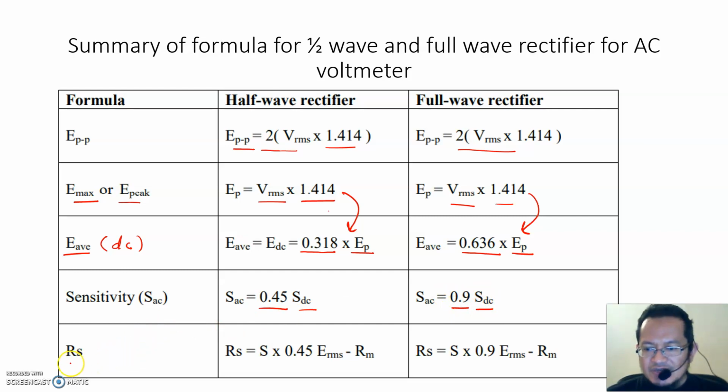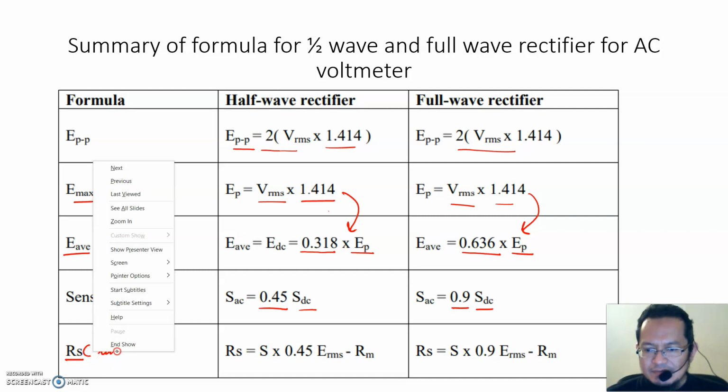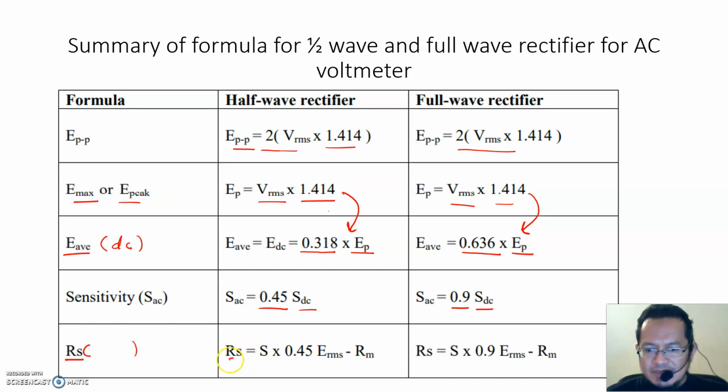And finally, to calculate the multiplier resistance, Rs equals the sensitivity multiplied by 0.45 multiplied by the RMS voltage minus Rm, whereas for the full rectifier it is the sensitivity multiplied by 0.9 multiplied by VRMS minus the internal resistance. Okay, so pretty much I think we have almost finished, except I want to introduce you to a few types of